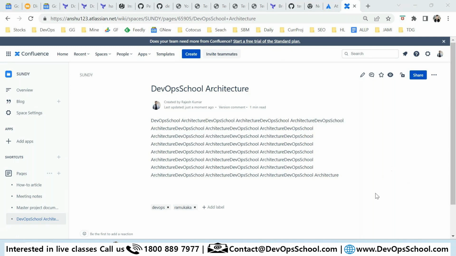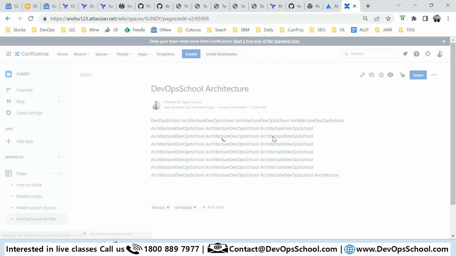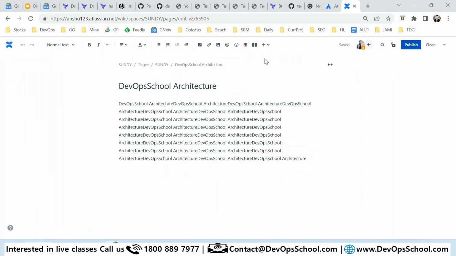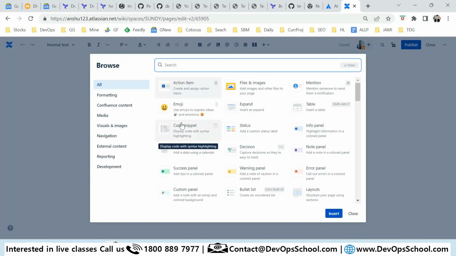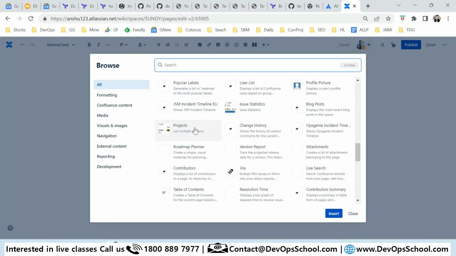Yeah, so this is the tool which is basically the more you use it, you get it. Most important thing which I said is macro. We have 400, 500 macros. Right now I can see a little less actually. Why? Because it's a trial account. So if you have a little bit better one,